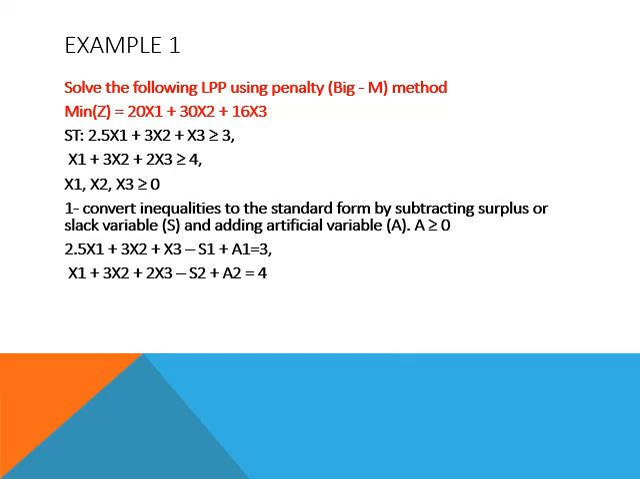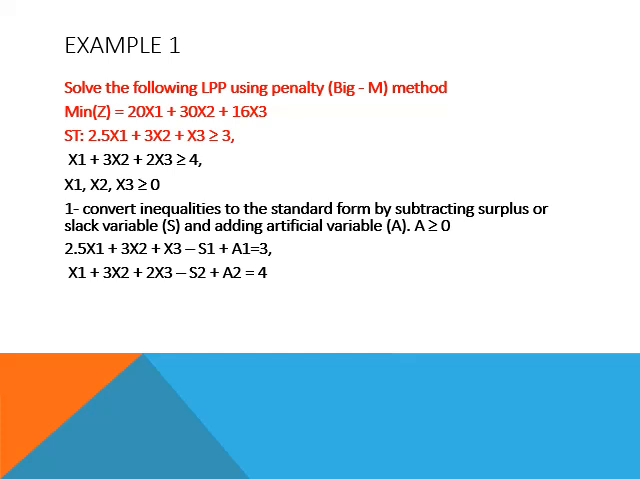Twenty is the coefficient of x1, which refers to the cost of one unit of x1. 30 is the coefficient of x2, which points to the cost of one unit of x2, and 16 is the coefficient of x3. This objective function is subject to